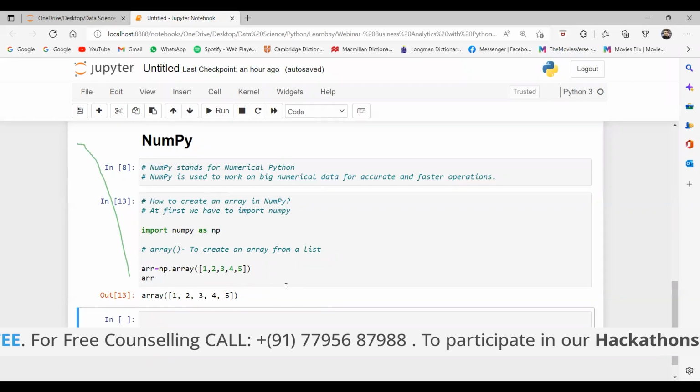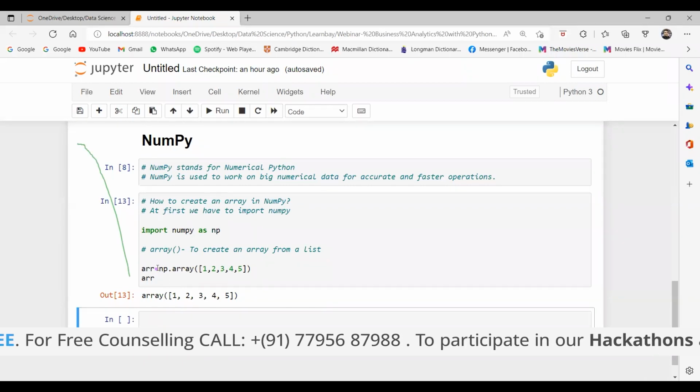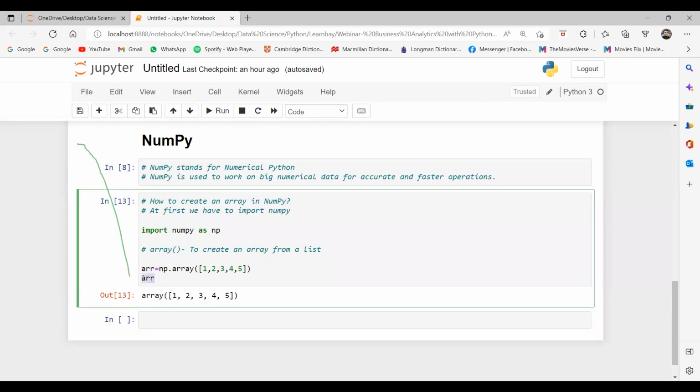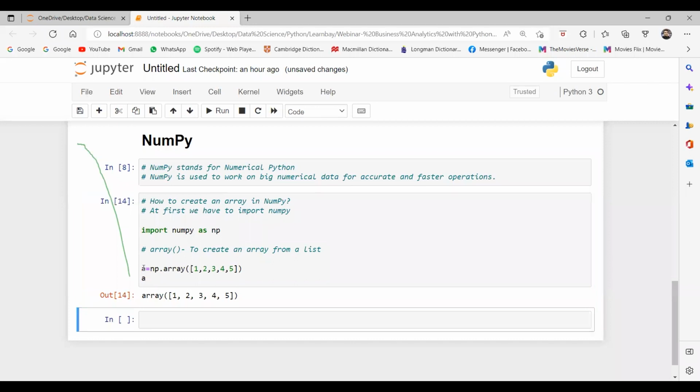This is a variable name. You can take any name, a variable name can be anything, and it will still work. But after that, np.dot array, we have to mention array, because it's a function. The job of this array function is to create an array from a list. If we don't use it, it will not create an array, because this is the job of the array function, to create an array. Is it understood to you guys?